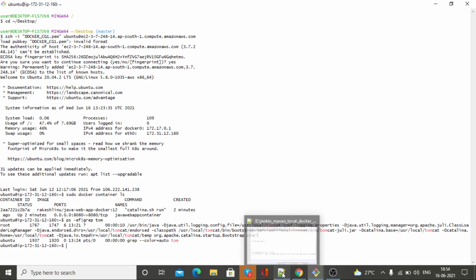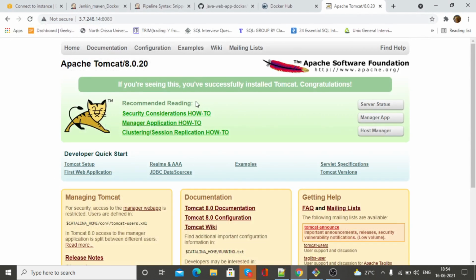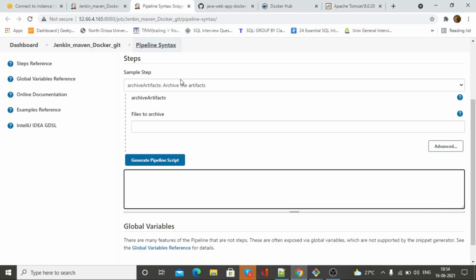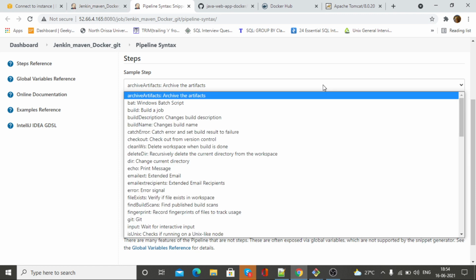This is the thing guys, and as I told you, I will tell how to set up the SSH key.